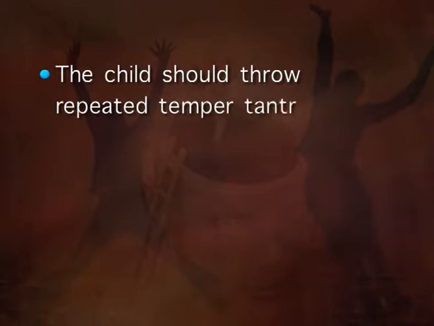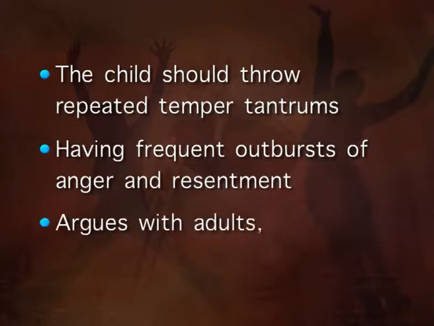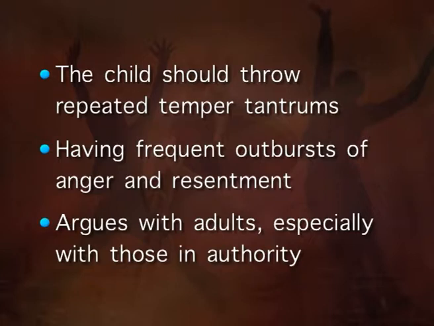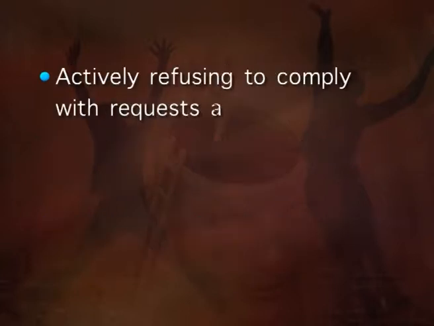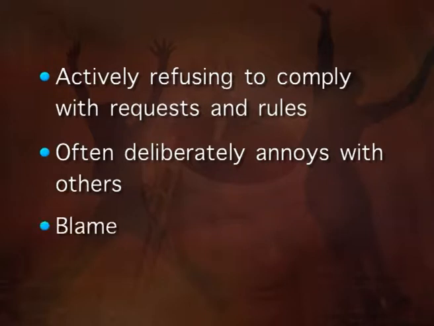defiant disorder. In order to diagnose the exhibited behavior as oppositional defiant disorder, currently we are using DSM-4-TR. To fulfill the diagnosis, an individual must have at least 4 of the following behavioral characteristics. Let us see what those characteristics are. The child throws repeated temper tantrums, having frequent outbursts of anger and resentment, argues with adults, especially those in authority, actively refuses to comply with requests and rules, often deliberately annoys others, blames others for his or her